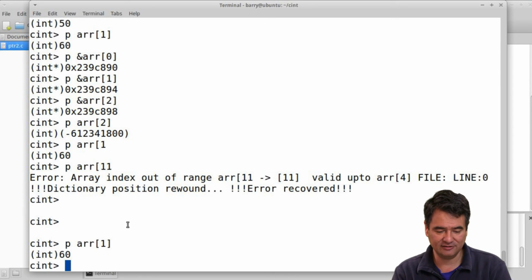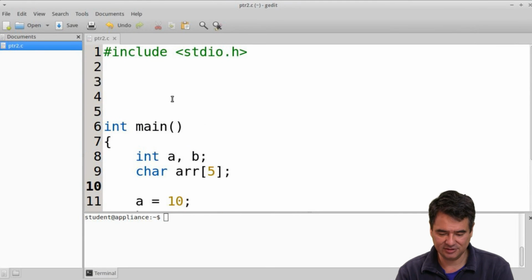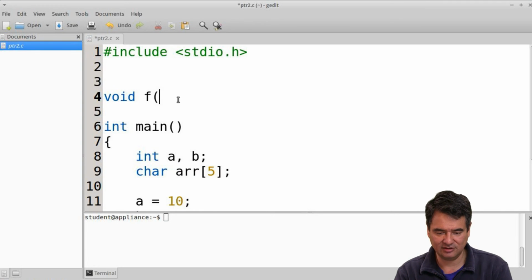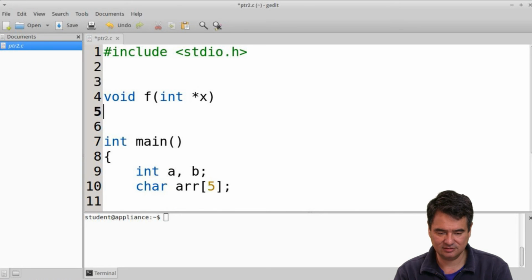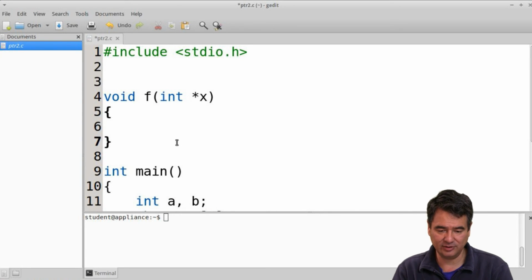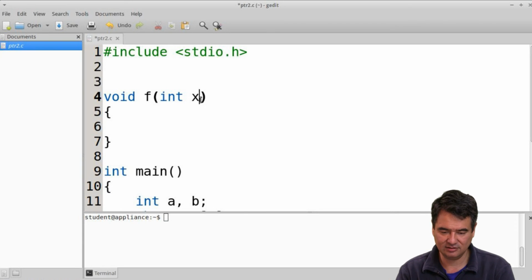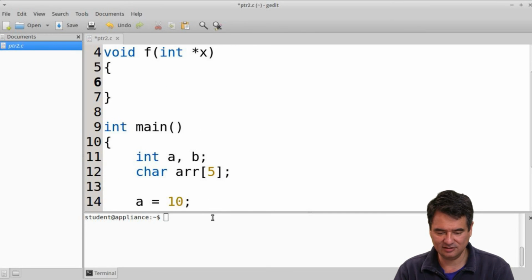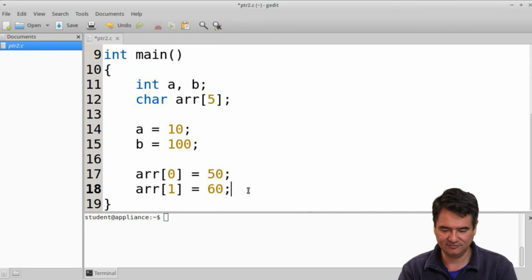So when you're calling a function in C, let's say I have a function, void f, that needs to be passed in this array, what I would say is int pointer, let's call it x. Okay, this is another way to do it. So I can do it either this way, which says that x is an array of integers, or I can just say star x, and this works just fine because of what's going to be passed in down here, if I say f of arr,